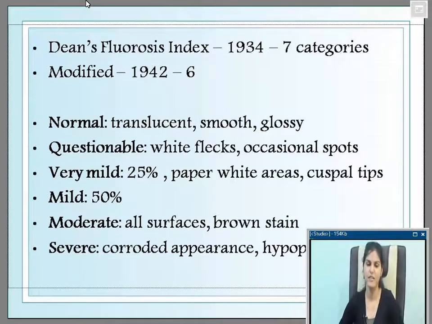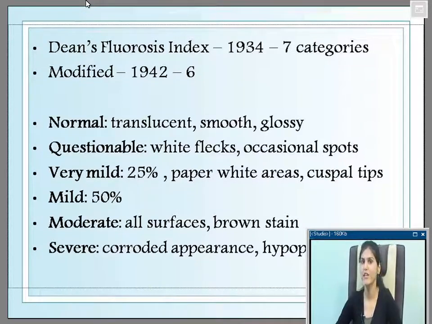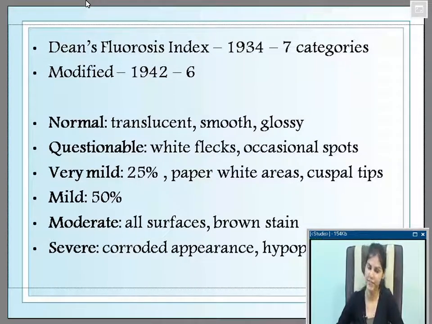So wherever the words and the criteria. Like I was saying, whenever you have very mild as your criteria, the words that you will look out for are 25%, paper white areas or subtle tips are involved. Whenever you have a mild category, the most commonly used word alongside will be 50% of the tooth surfaces are affected. For moderate, like we have in this question, you will have all the surfaces are affected and there is